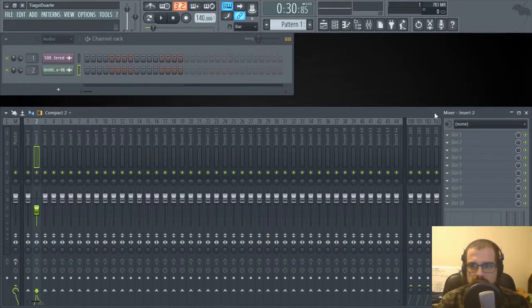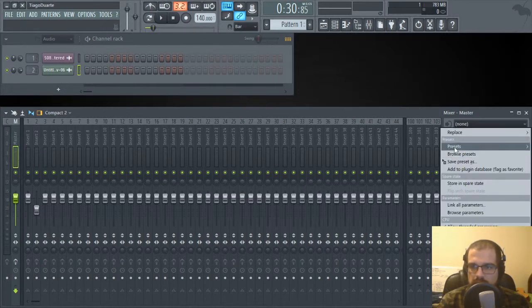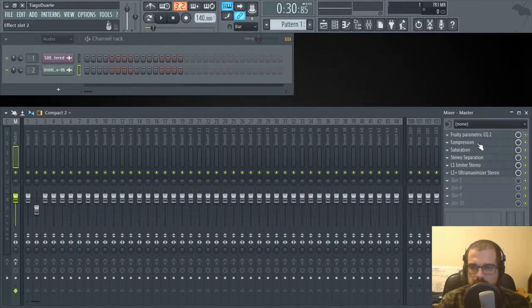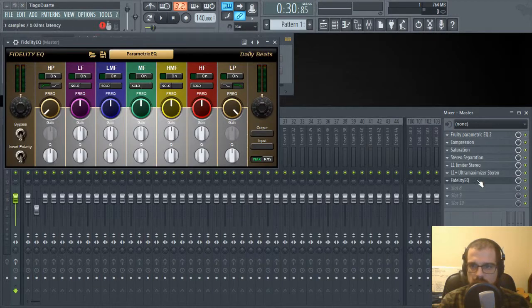So as you can see, we only used what, 1, 2, 3, 4, 5, 6 plugins, and then the Edison doesn't count. So we used 6 plugins, and we could use different ones. We could use some mid-side EQing. We could use also EQ too. So let me grab here Fidelity EQ. We could also, after the stereo separation or even before the stereo separation,